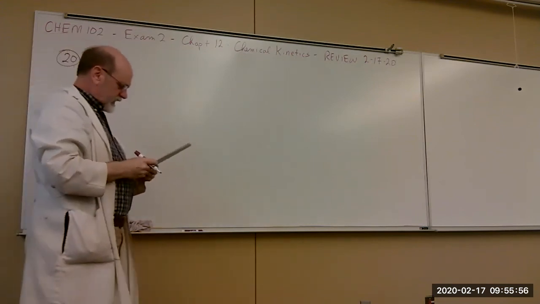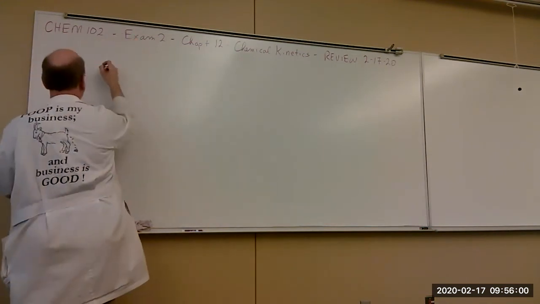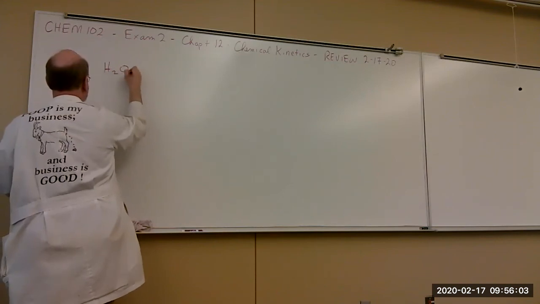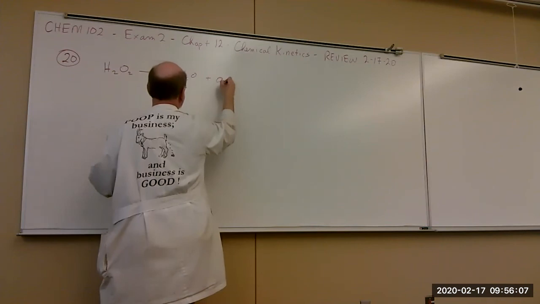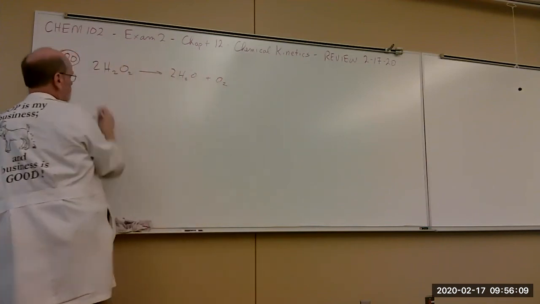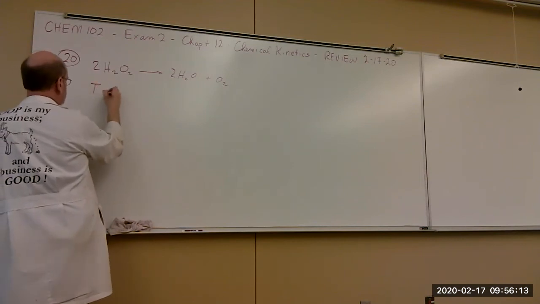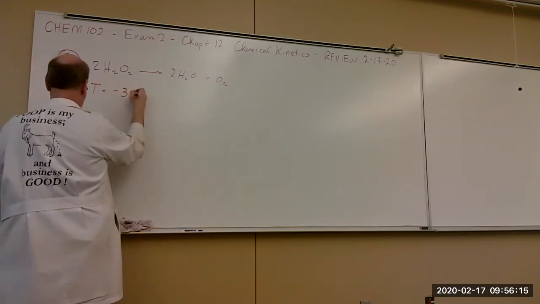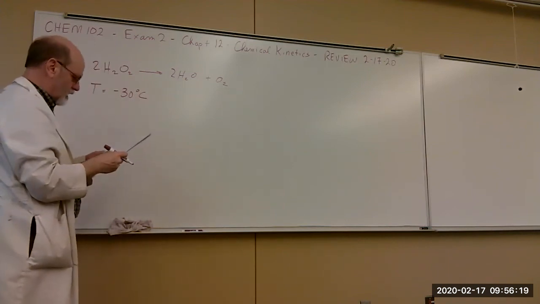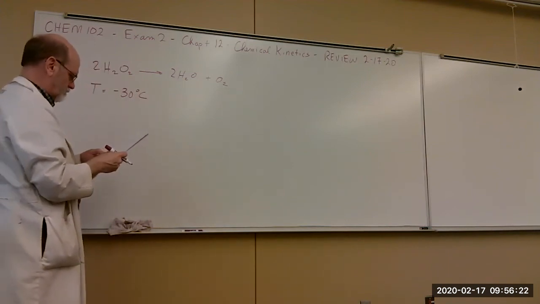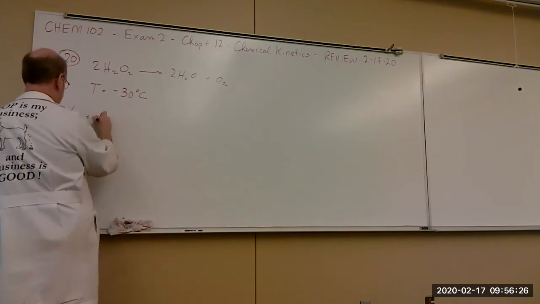So, the first order decomposition of hydrogen peroxide at minus 30 degrees. First order decomposition. So it's going to this and this. I think that balances it. And the temperature is minus 30 degrees C. It has a half-life of 42.0